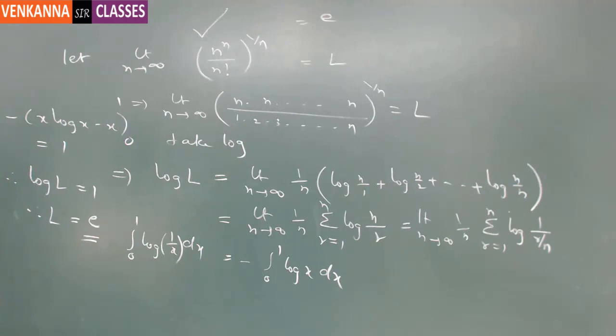Actually, we always take 10 because log to the base 10 you will take. But in general, we always take the natural logarithm, right? That's why I have written e. Always, otherwise the value will be 10. Accepted? Yes, we have to go with e.